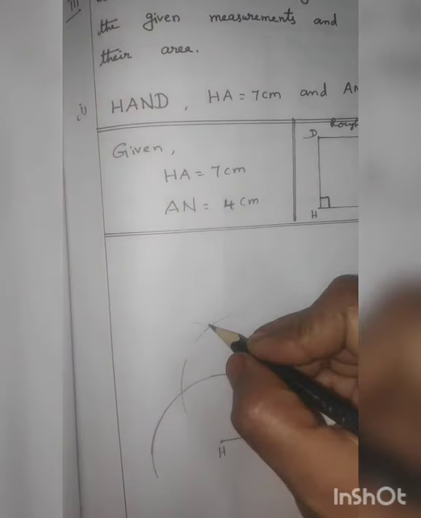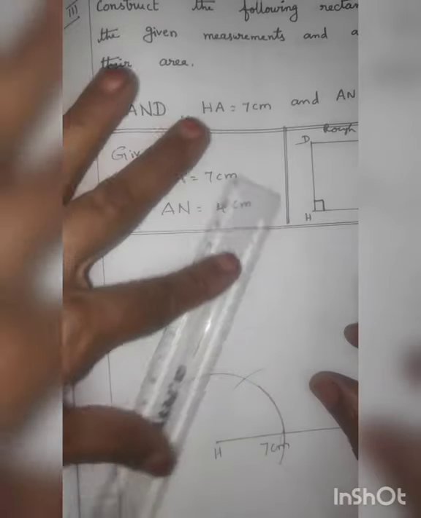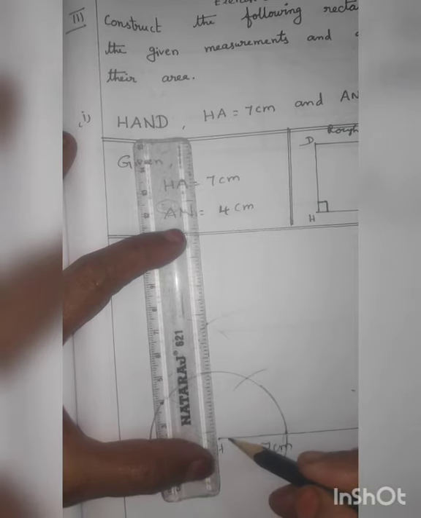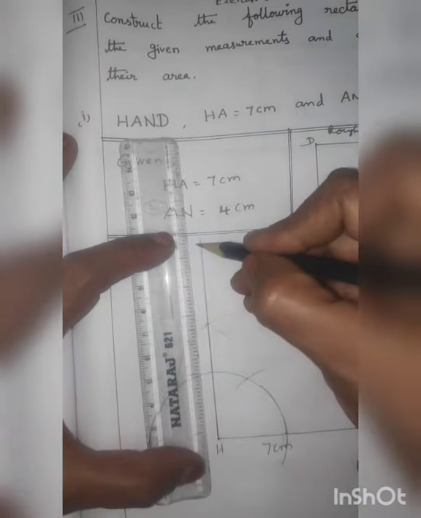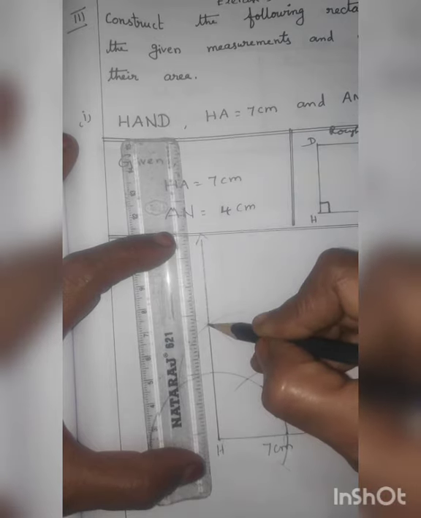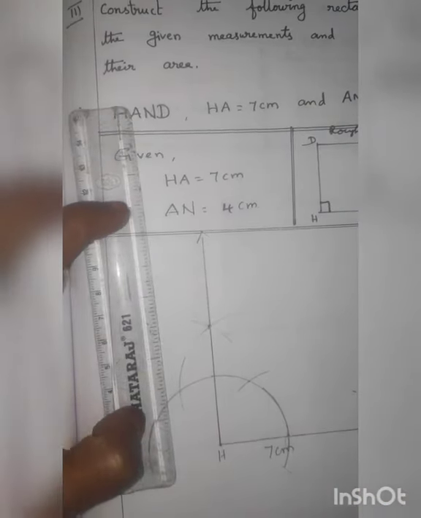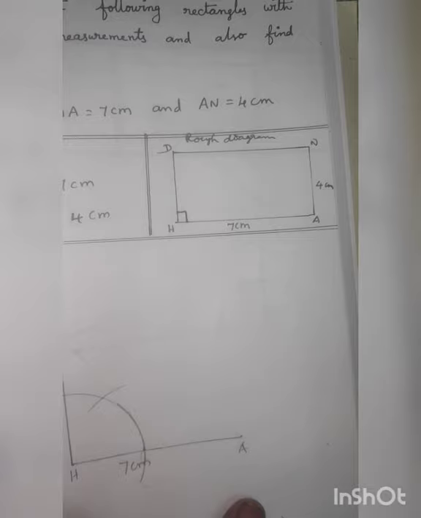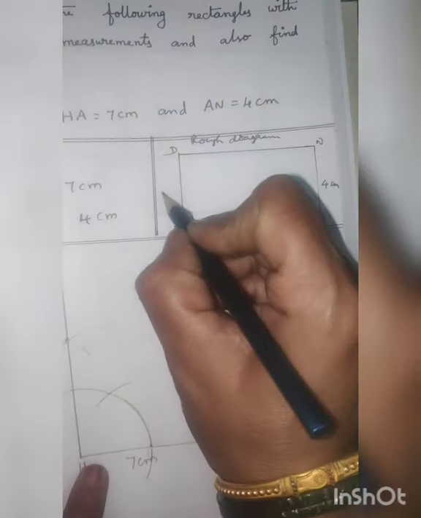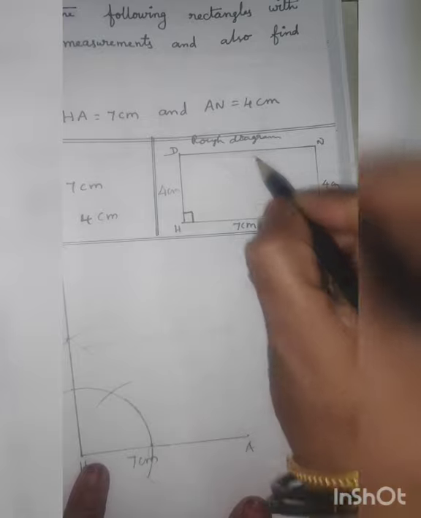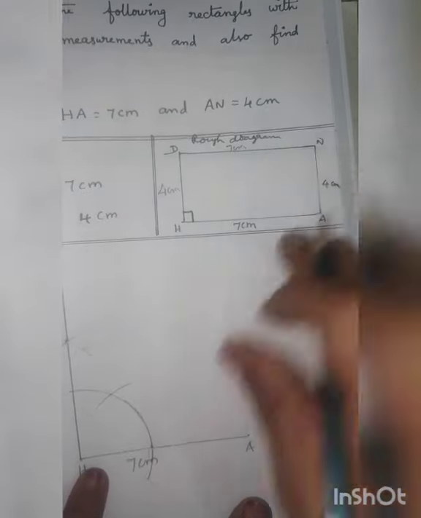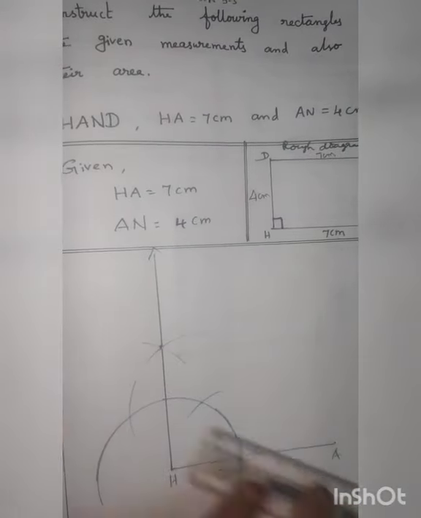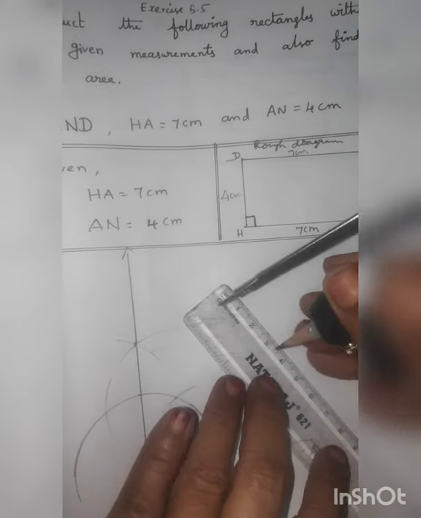Now the coming point, you want to join there. H and this line you want to join long. This point still has not come to the length. Now see, this one side is given as 4 centimeter. Rectangle opposite sides are equal. Here 4 centimeter means here also 4 centimeter. Here 7 centimeter; up there also how many centimeter? There 7 centimeter. Now from H take 4 centimeter and cut the arc. Measure 4 centimeter.